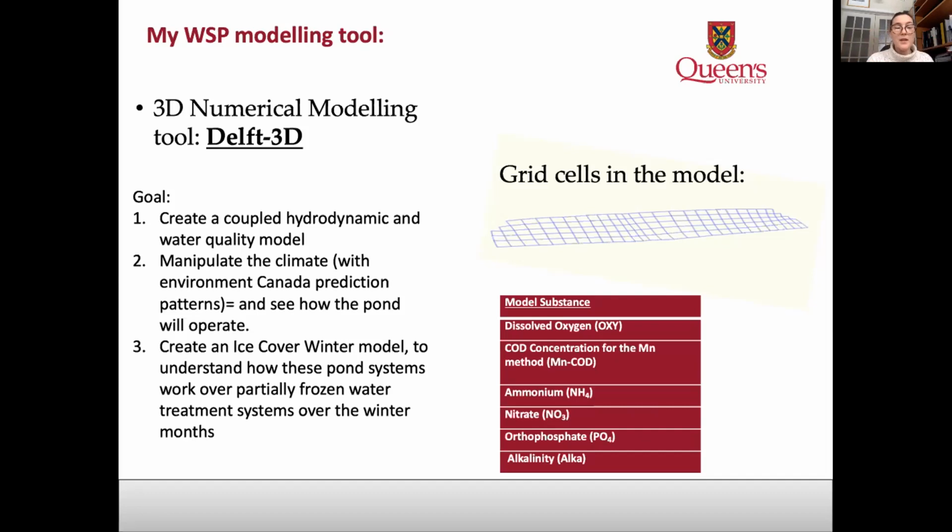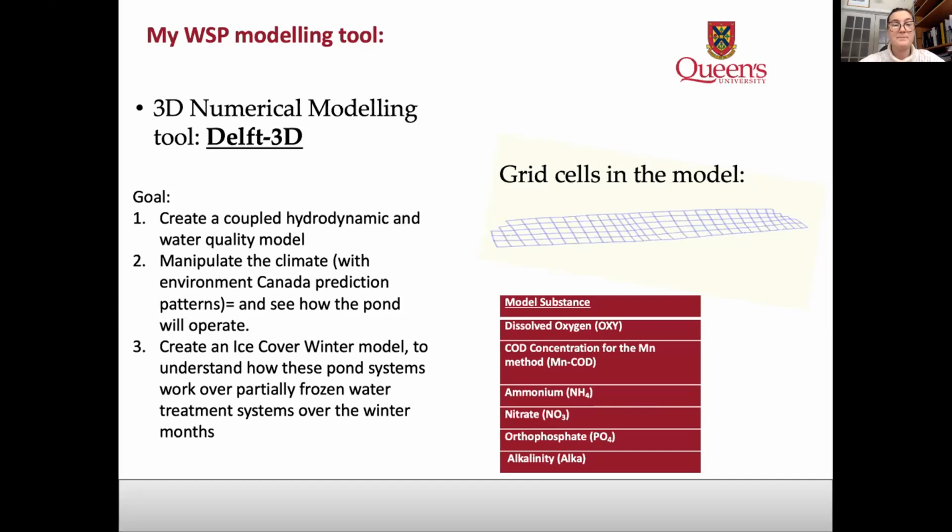treat this wastewater. My third goal of my project is also to create an ice cover winter model. So in the face of climate change, winter is the most susceptible season to varying effects due to climate. Treatment systems over the winter time in Canada are assumed to just be frozen over and essentially not to work. So you would only account for the time period of treatment over the summer times and the warmer seasons. And so there has yet to be a numerical model that would help to understand the processes in terms of partially freezing winter. So here in Southern Ontario, the ponds will be partially frozen and frozen back and forth